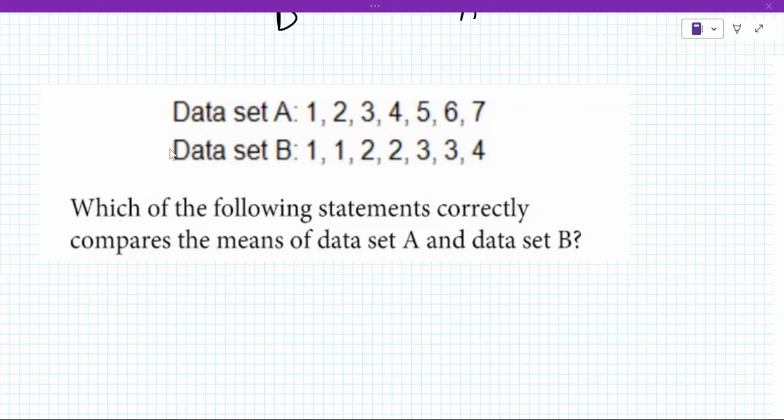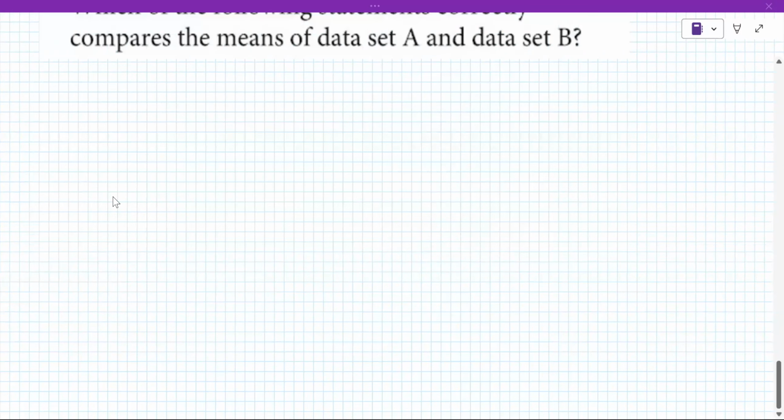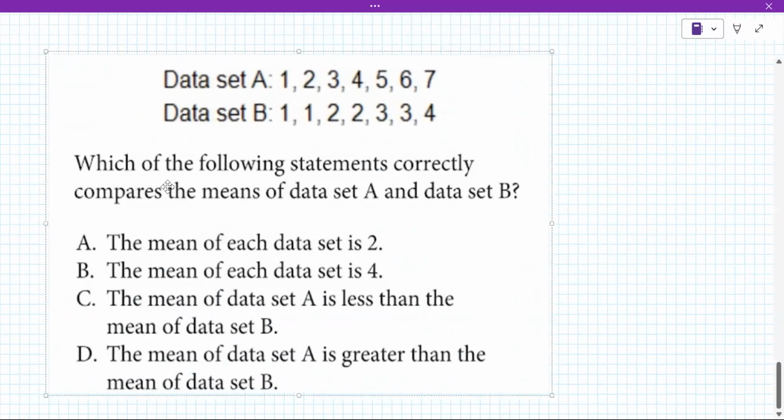Let's get those snipped in. All right. Whenever you see a which-of-the-following question, you really have to look at the answers first and go through them and see what they are saying. It says the mean of each data set is 4. They're saying that both data sets have the same mean. You already said no, one is bigger than the other. B is kind of related. The mean of each data set is 4. That's not true. Hopefully that's clear because they're different.